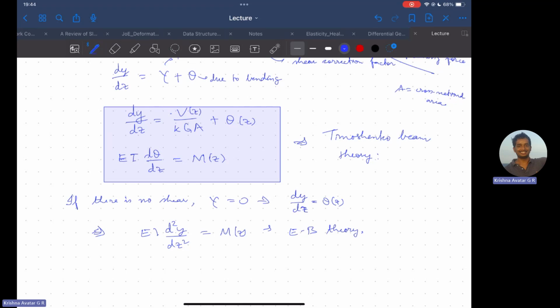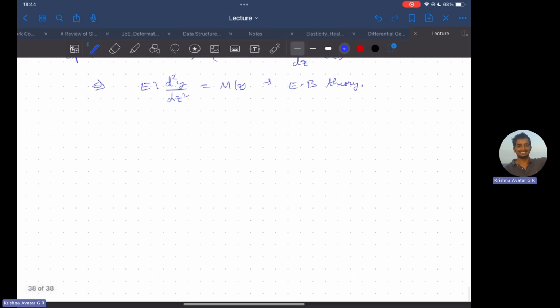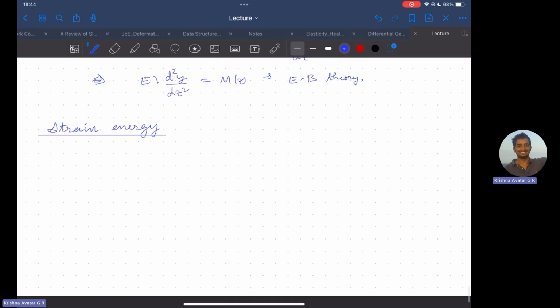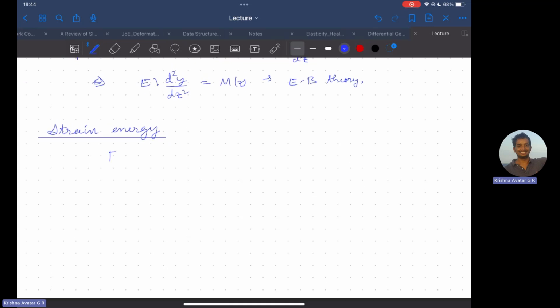But now what we do is let's move forward and try to develop some simple functionals. So we have already understood loosely the beam theory, right? Now let's try to get to know what is called strain energy. So you recall that as you're applying F, or maybe as we recall from Hooke's law,